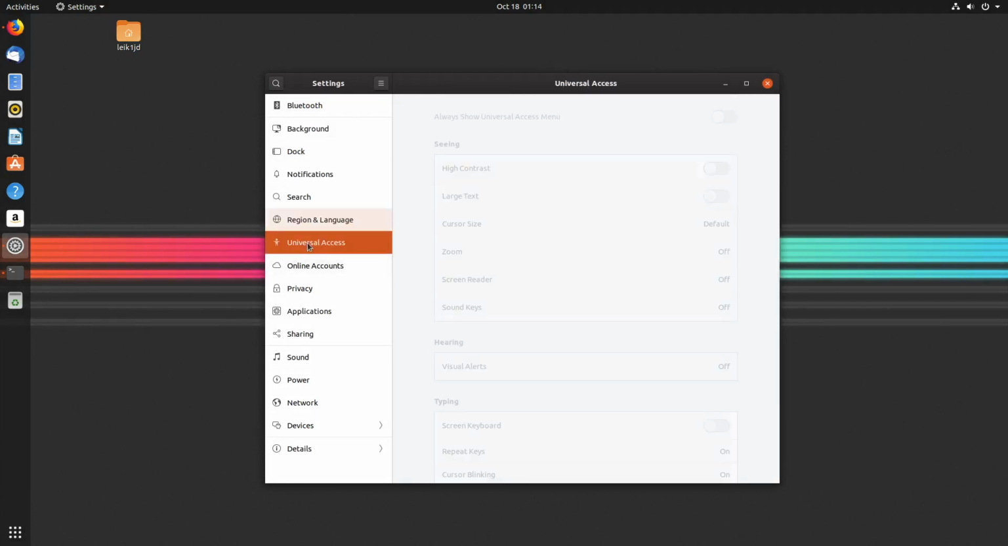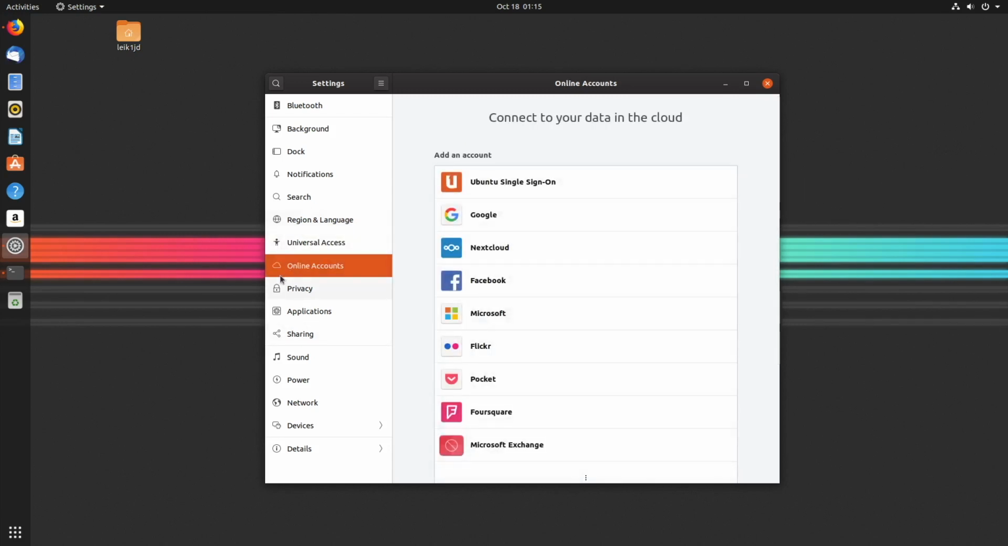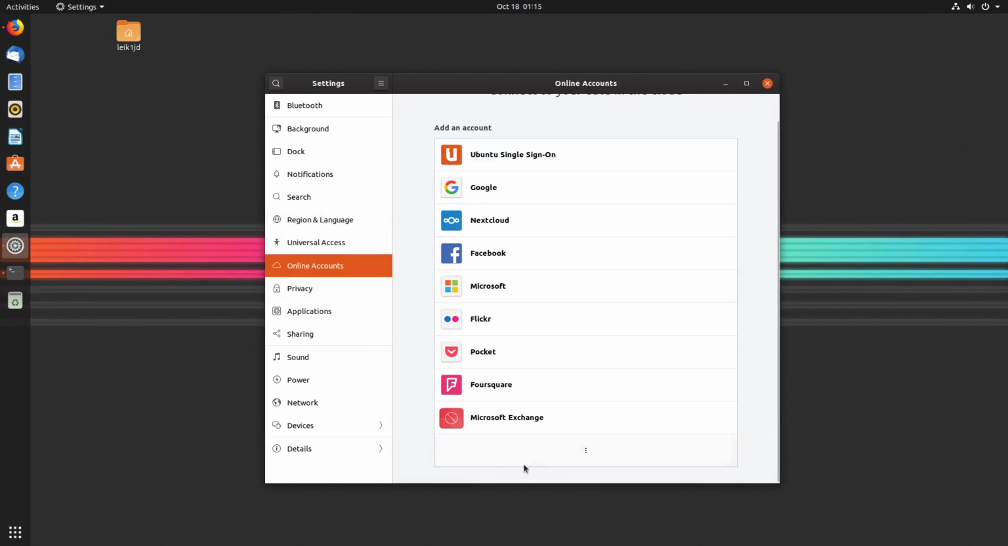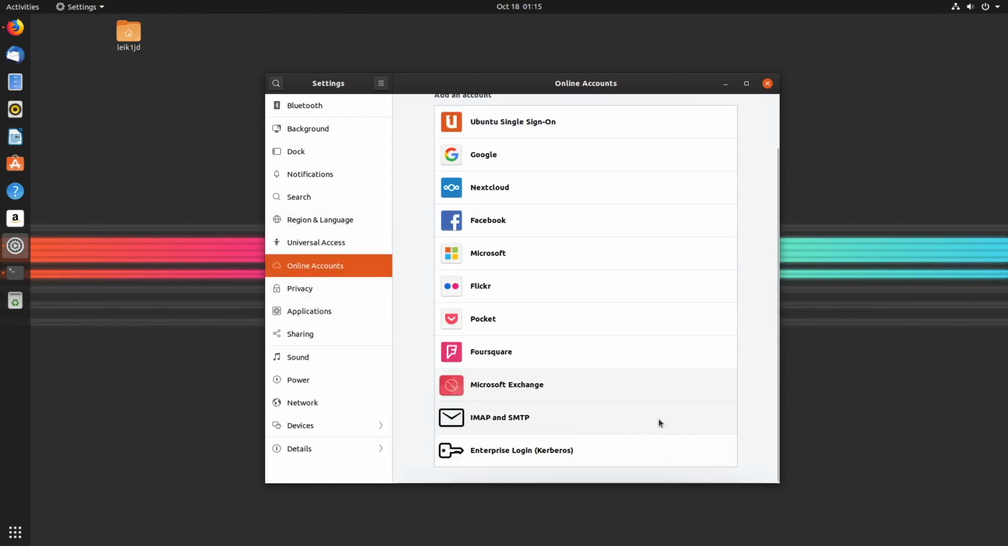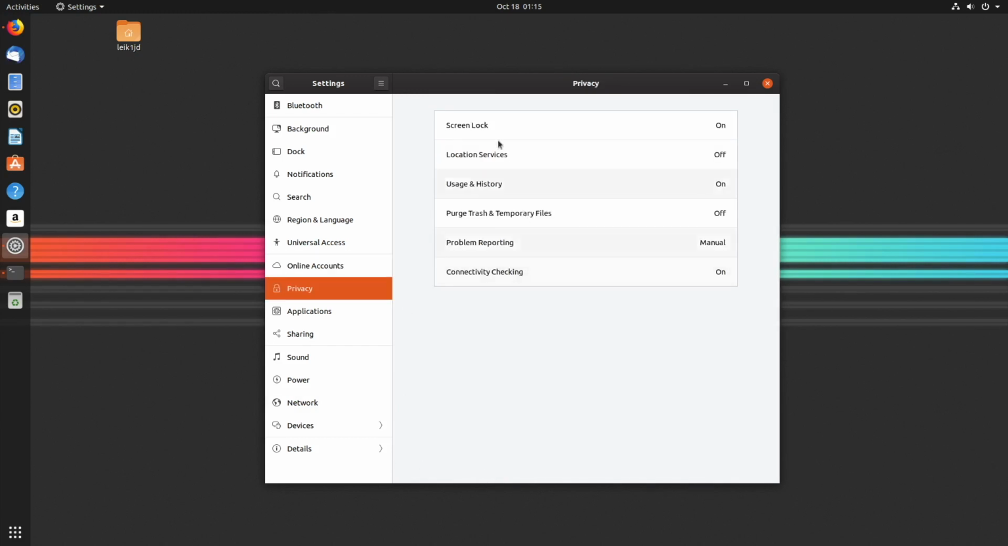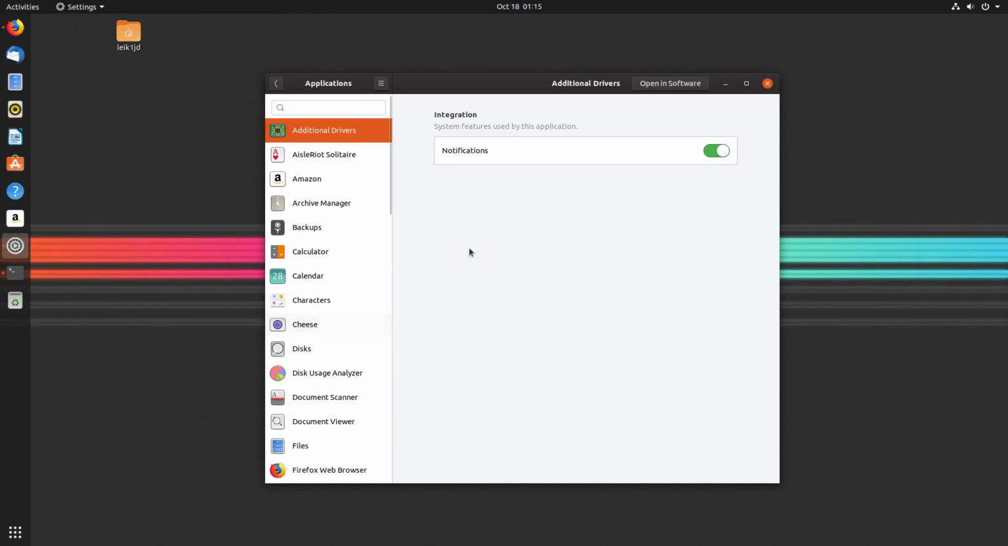Region and language, universal access. You can enable the menu, so it's up here on top. Could be handy in some situations. Online accounts, which we've seen all before, along with being able to add email and enterprise login via Kerberos. Privacy, applications, additional drivers,